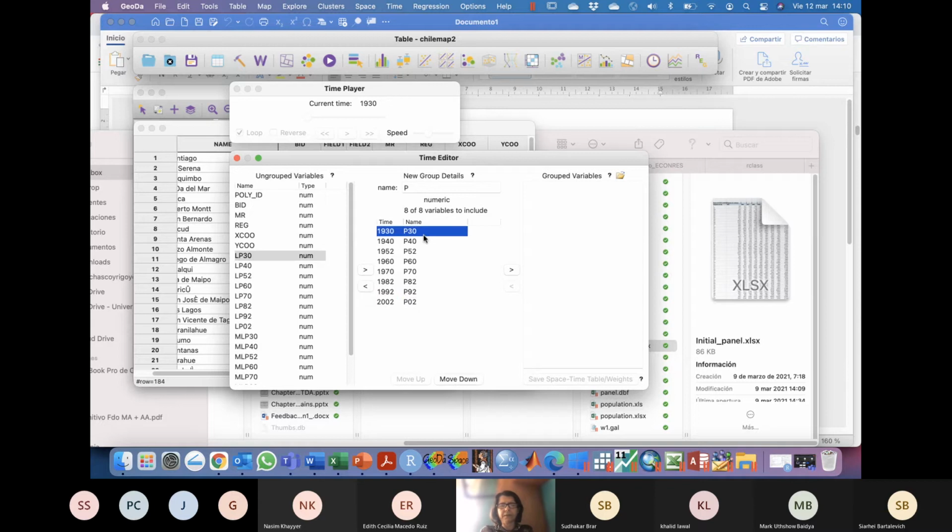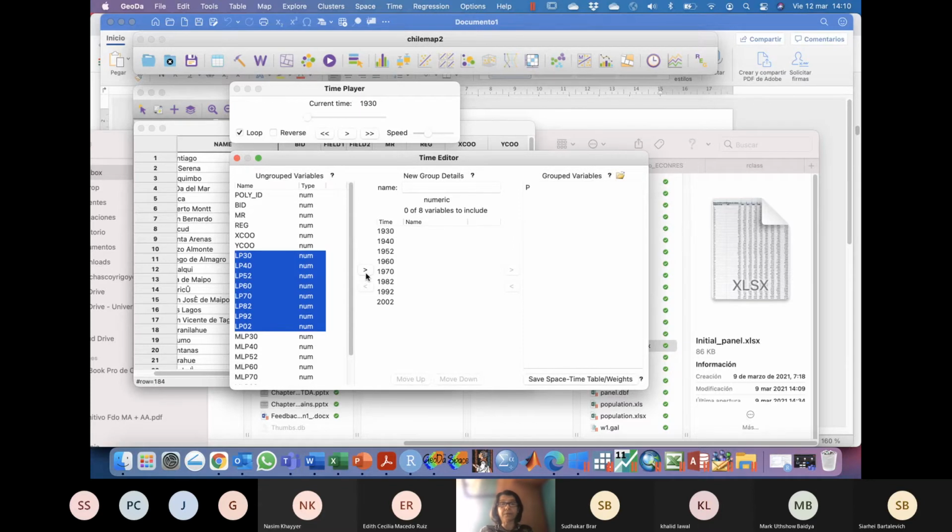So if I press everybody, put them, and do the same with the logs, because the logs are important